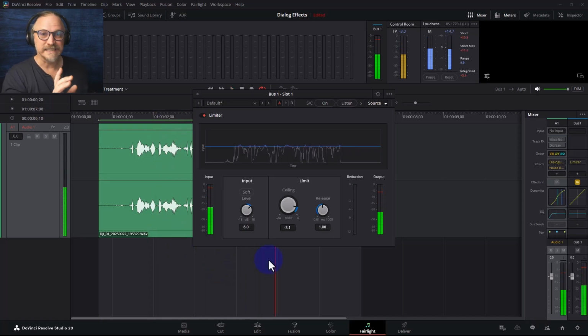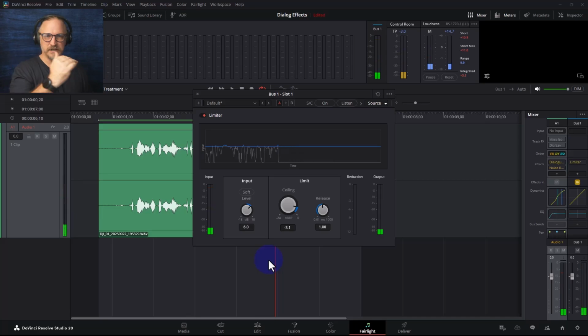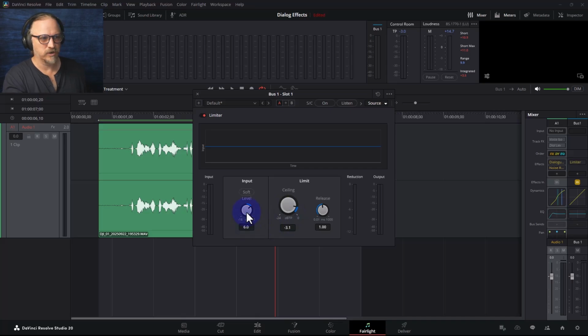All right, enough of that. It doesn't sound natural because the normal changes in volume are getting clipped off. So that's not an effective way to increase volume. That's why we did the compression very carefully earlier. But we can take this to, say, plus 2 dB, and it won't sound that bad.